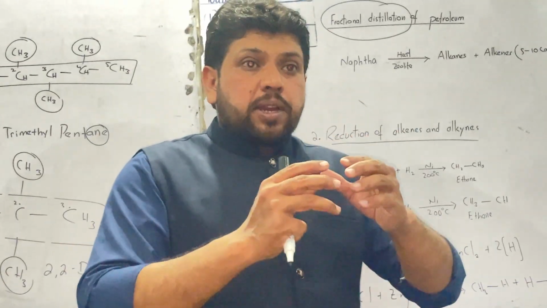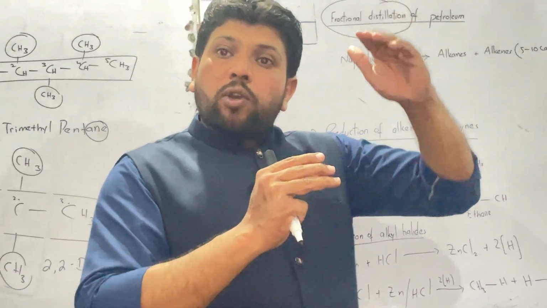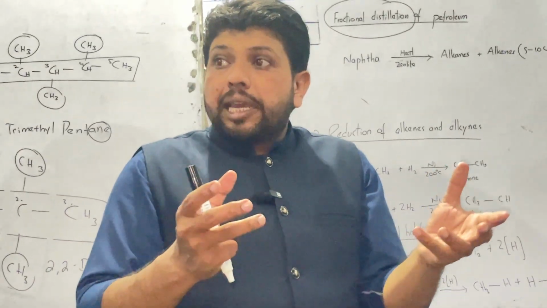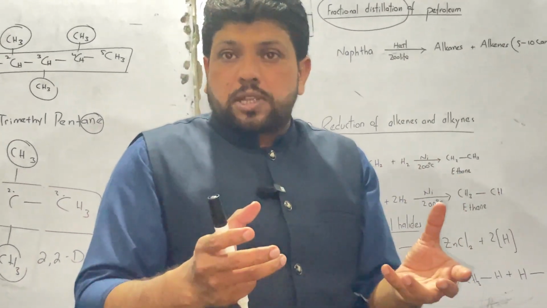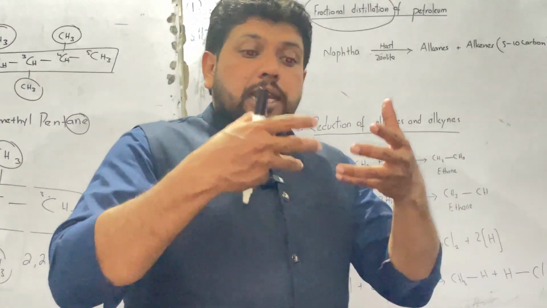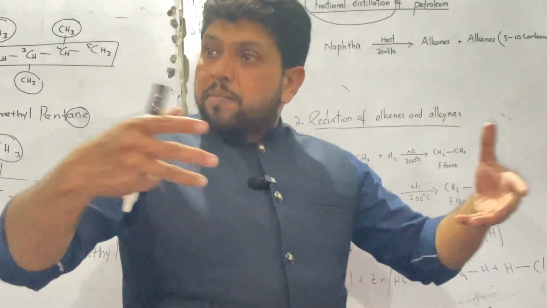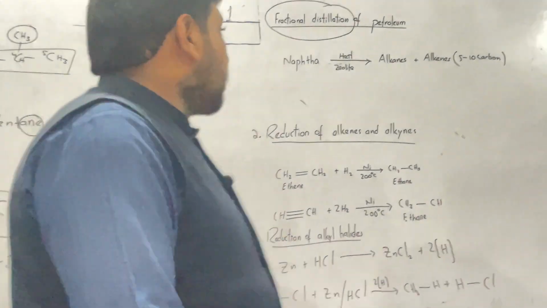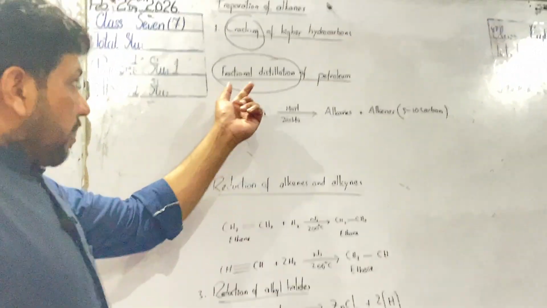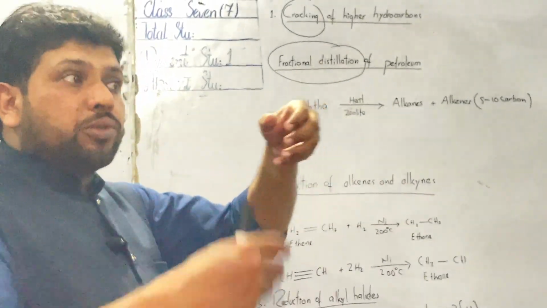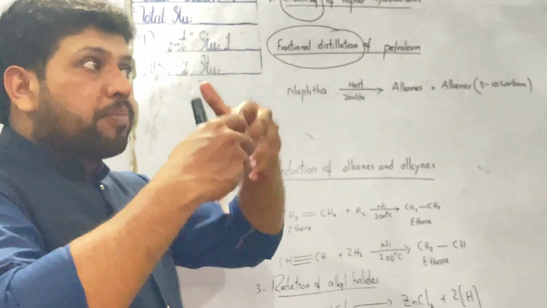Those hydrocarbons escape out or are volatile easily, having low molecular weight, because they have very weak intermolecular forces. They have London dispersion forces. But those molecules which are larger in size, having high molecular weight, lie beside or in the bottom of the cabinet. Okay, fractional distillation, the separation technique in which you separate the organic compounds on the basis